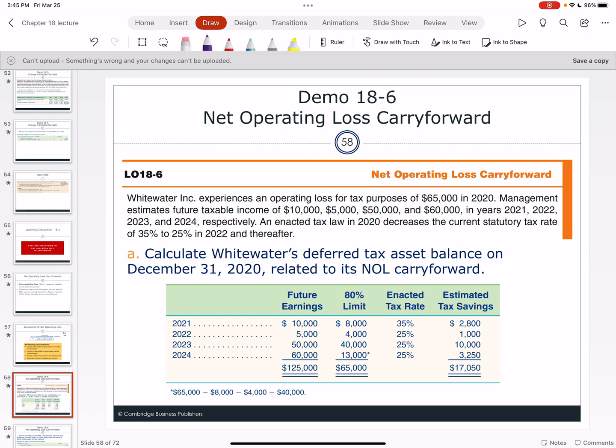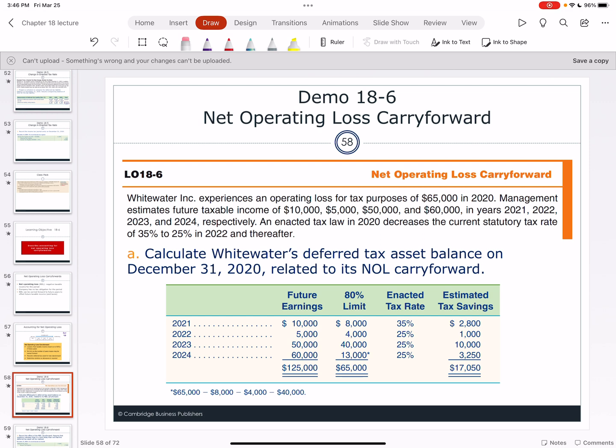We've got Whitewater that had an operating loss for tax purposes of $65,000 in 2020. So they're not giving us their GAAP books. They're just telling us, hey, their tax return, they had a loss of $65,000. Management has to decide, okay, do we think we'll become profitable enough to use it? And what they're saying is, yes, we think we're going to have future taxable income of $10,000, $5,000, $50,000, and